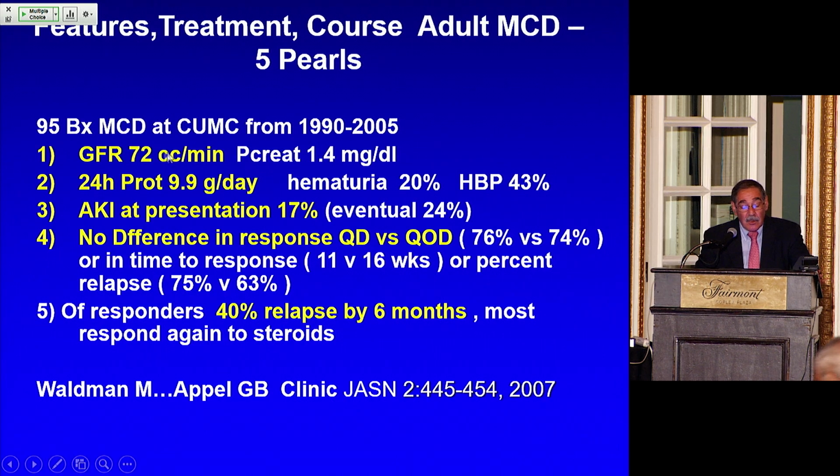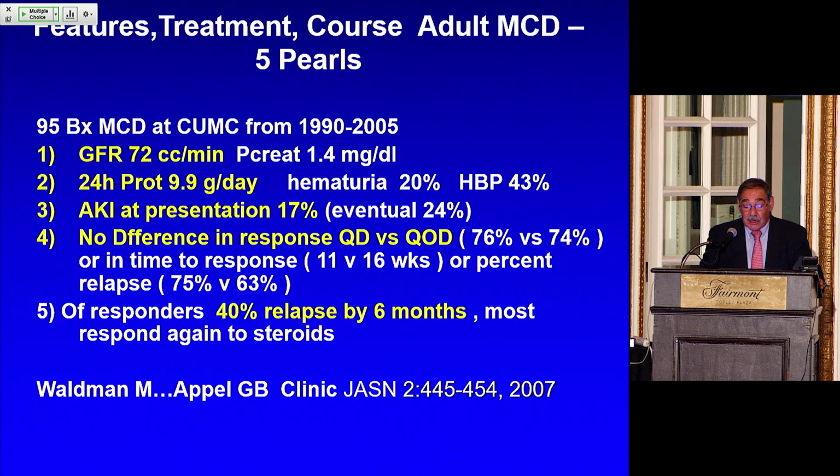But in any case, look at the mean GFR, 72 cc's a minute in these 95 adults with minimal change. The mean creatinine was 1.4. Now, whether this is due to concurrent ACE inhibition or ARB, whether this is a little volume depletion, it's not unusual to see somebody with a slightly elevated creatinine. Look at the average proteinuria per day, almost 10 grams of proteinuria. There was nobody who had 2.1 grams of proteinuria. If you presented with 2.1 grams of proteinuria, it's another disease. You're making a mistake, and again, we can talk about what diseases later.